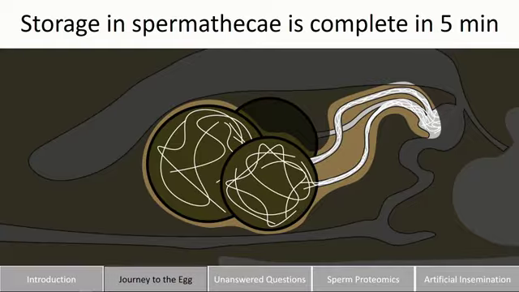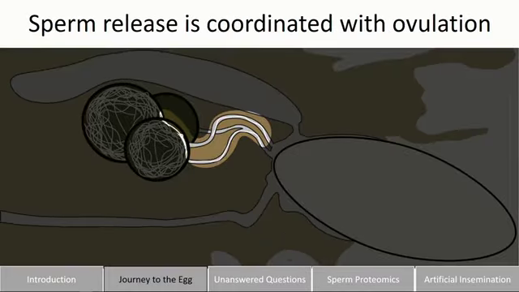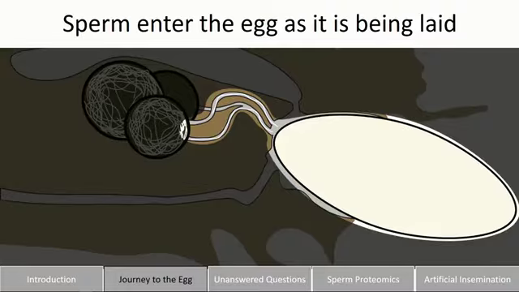So very soon after insemination, those sperm will begin to store, and they'll ascend the spermathecal ducts and end up in the spermathecae. After about 5 minutes, sperm storage is complete, and there, sperm will wait for a female's entire life for the opportunity to fertilize an egg. When that time comes, days or even weeks after insemination, a female will release 1 or 2 sperm with a descending egg, and one of those lucky sperm will enter the egg through a tiny little hole in the back of the egg called the micropyle, and only then is fertilization complete.